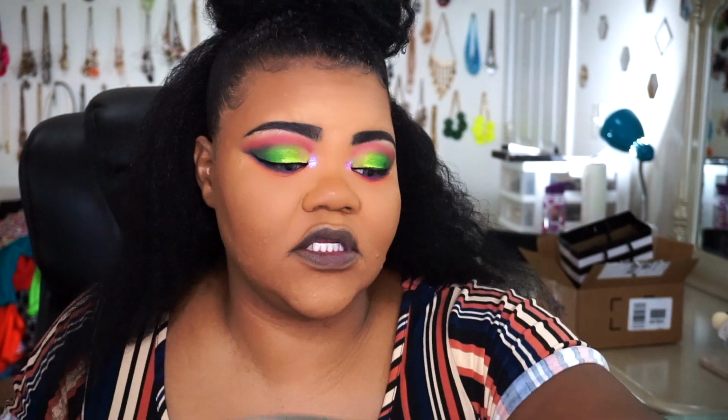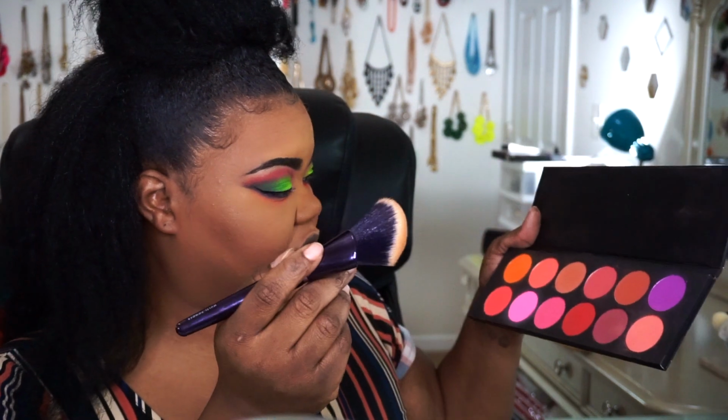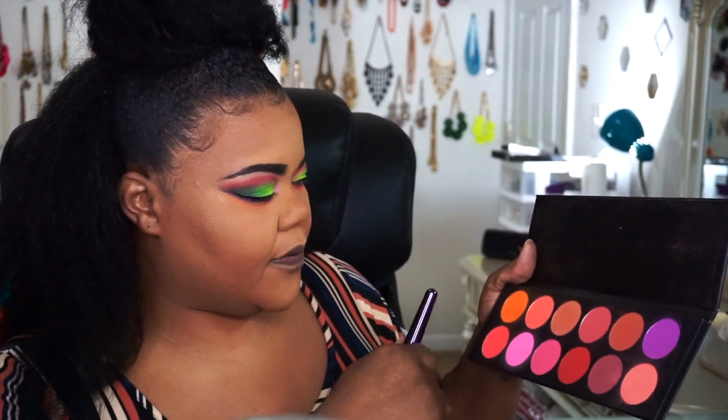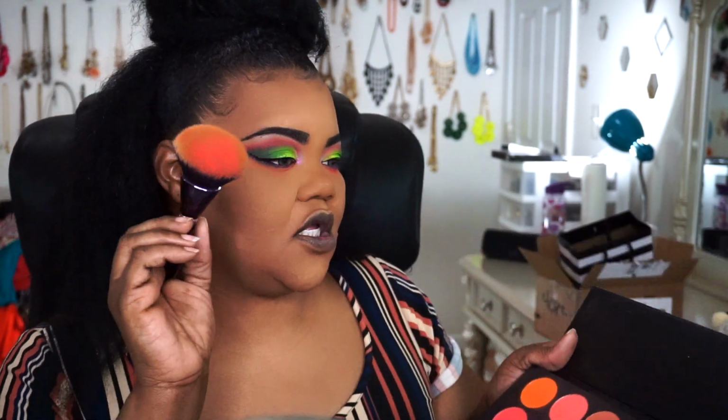Not because I wanted to, but I'm going to go ahead and use my blushes from La Femme. You guys already know my favorite blushes. I'm going to list the shade that I'm using down below in the comment section because I just got to pop them out and tell you guys. But I'm going to use this shade right here. This peachy shade. Same brush that I did with my